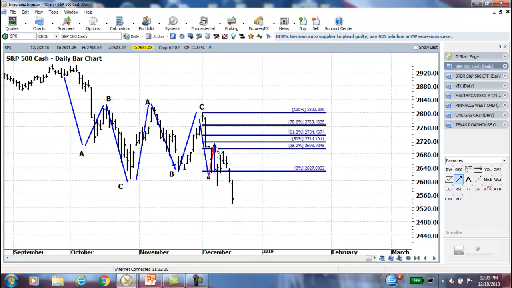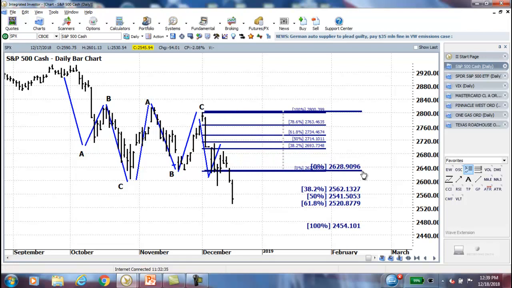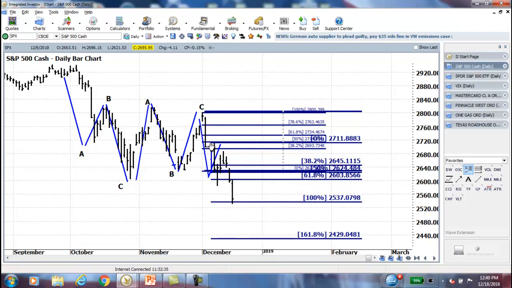Short-lived, but it was a correction right to that 50% bar. So boom, right there. That was our B wave correction. And we've already started the C wave to the downside. And when we look at the forecasted C wave, look at that. Dead on the 100% level. So a perfectly completed zigzag pattern to the downside, and we were already talking about that impulse A wave in